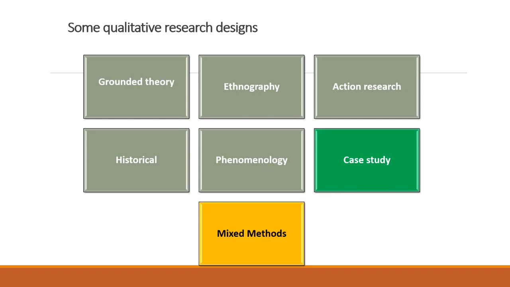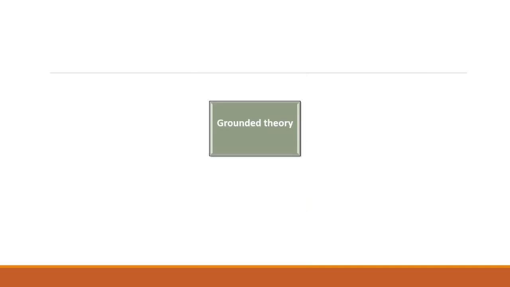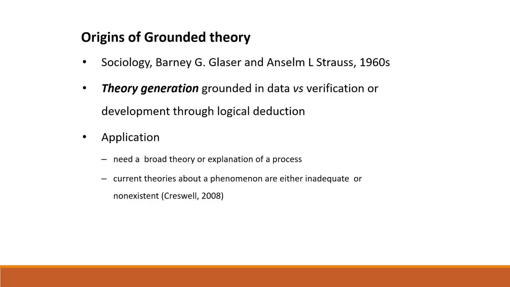Qualitative research has got many designs. So there are quite a number of designs that are possible for you if you're interested in doing qualitative research, from grounded theory to historical work to phenomenology. Again, it's going to be determined by what it is that you are asking, what you're interested in, which field you are in, and what design would make sense in terms of assisting you to be able to answer your research question. And we start briefly with grounded theory.